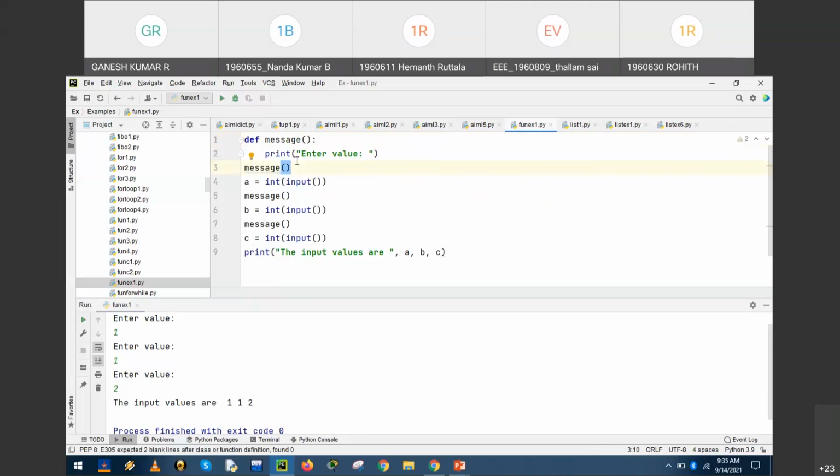So there may be situations where the same part will need to be repeated. For example, the salary of an employee. Salary is a standard formula, right? Once we enter the basic, all the employees may get 10% HRA and 50% DA as per the norms.